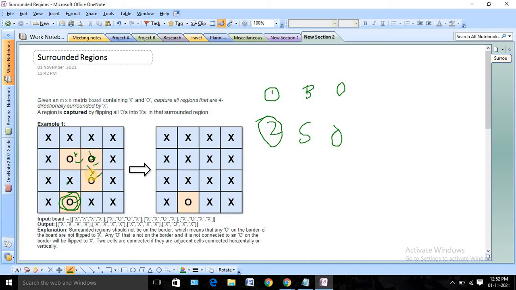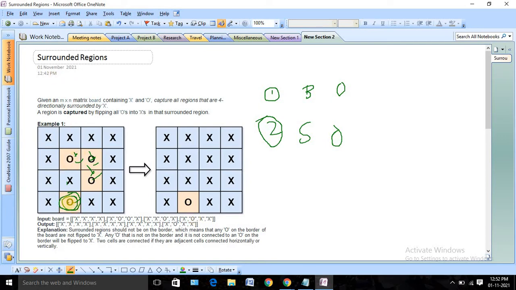So we will try to follow this exact logic. What we will do first, we will identify the border O, that will be our first step. Then after that, we will identify all the O's connected with that border O. Then once we are done, we will change them to some other default value like plus or minus, any other character apart from X and O. Now again we will traverse and see whether there is any O left, so in this case it will be 3.